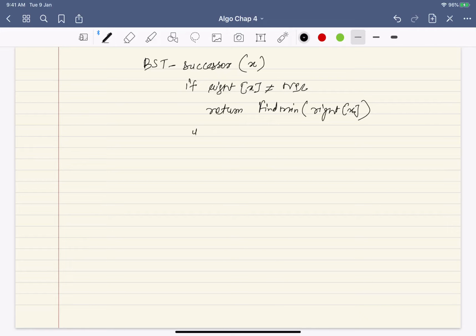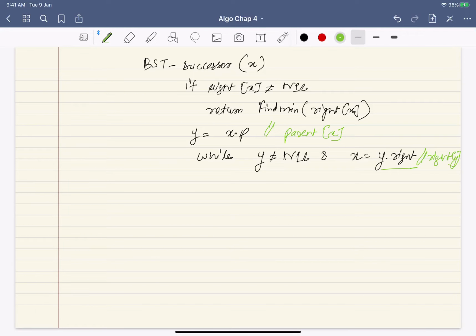Otherwise, you keep on going to the parent pointer, y is x dot p, and while y is not null and x is y's right child, so this is the same as parent of x, and this is the same as right of y.